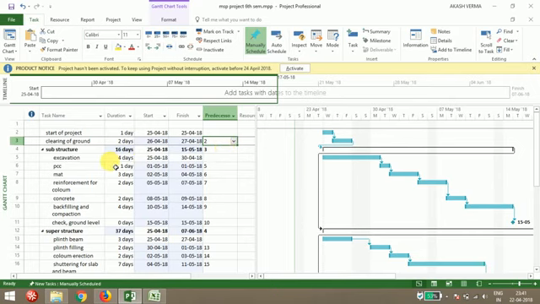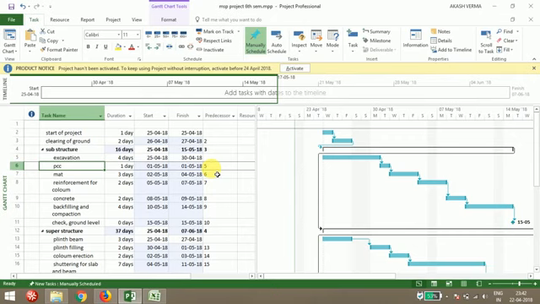Like for example, I'm taking PCC. So what is the predecessor for PCC? The predecessor for PCC is 5. 5 means the PCC task is 6 and the fifth task is excavation. So predecessor 5 means PCC work cannot start till the fifth task finishes.